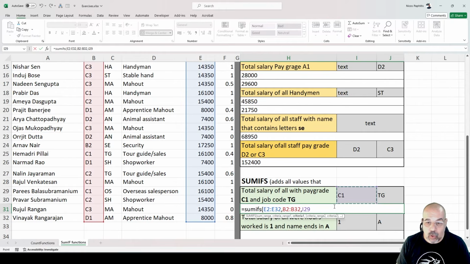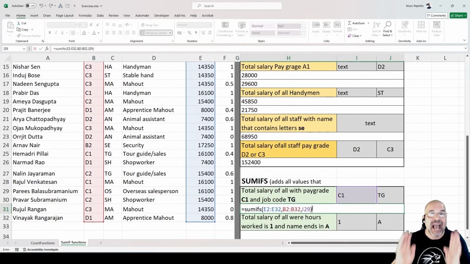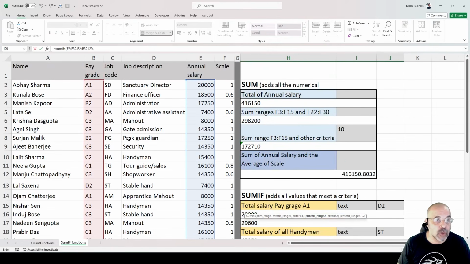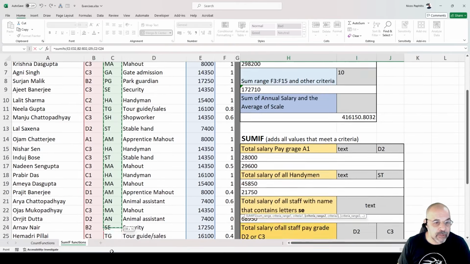So then, if I want to add another criteria, which I do, I'm going to put a comma. If I don't, I can close that, and that is exactly the same as a SUMIF. So I've used SUMIFS as a SUMIF because there's only one criteria. But if I want multiple criteria, that's where the IFS comes in. I'm going to get rid of the bracket. I'm going to put comma. And now it says, what is your criteria range 2? Well, my second criteria range is going to be the job code. That's my criteria range,